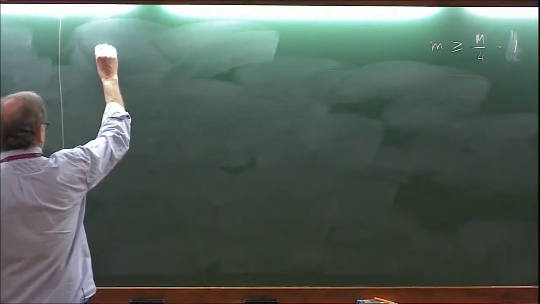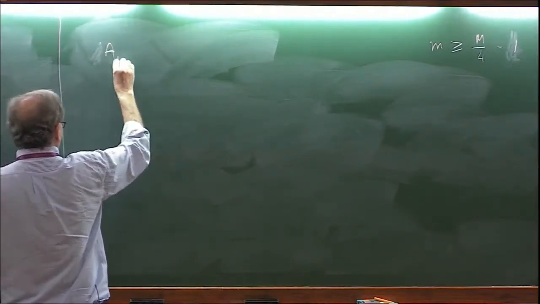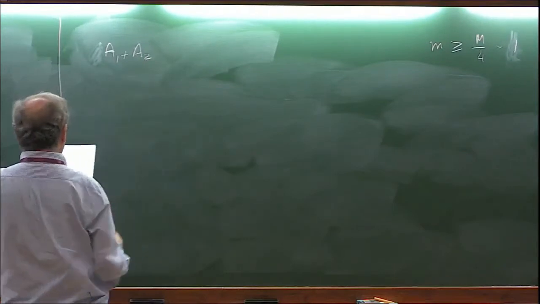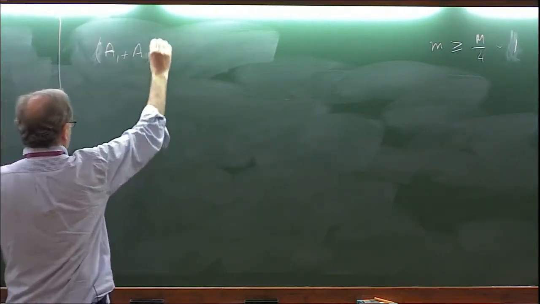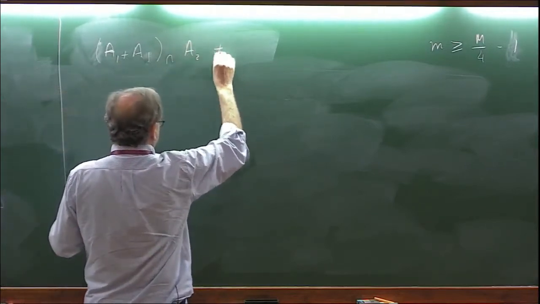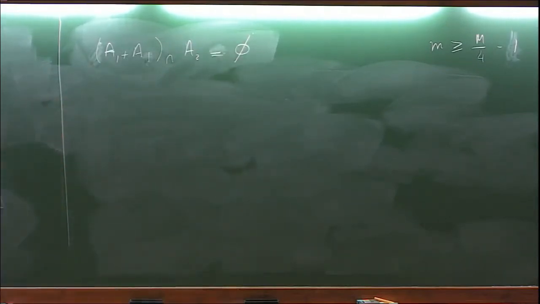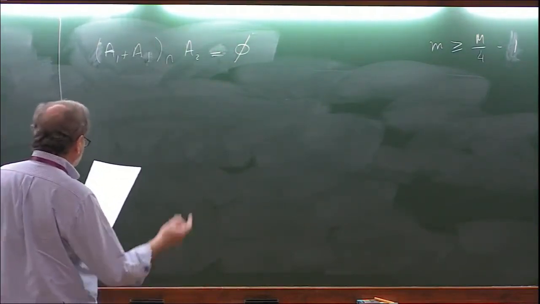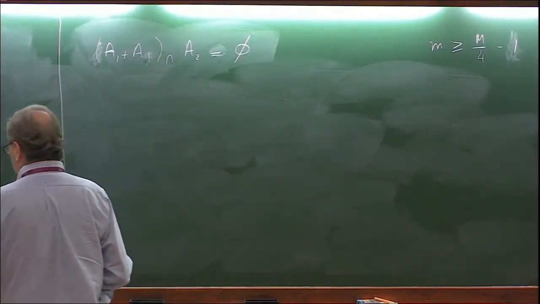Okay, so now what you have is the following, that A2 is less than that, but now if you look at 2A1, by 2A1, let me write A1 plus A1 so that there is no ambiguity. A1 plus A1, intersection A2 is empty. Simply because A is sum-free and so it is difference free. Okay. No, it is sum-free. Don't say more.